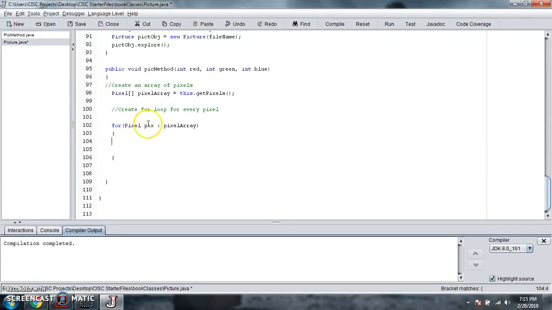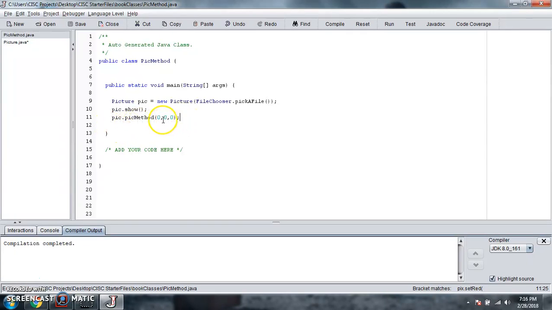Okay, so we're going to get the pixel object that's been created in the for loop, and we're going to set the color component red to the integer value red. So when we do pix.setRed to the integer value red, this component here takes this integer value red. It doesn't have to be called red, but for the sake of this, it's called red because it just makes more sense. We're going to go back to the pick method where we're going to call our method, and this